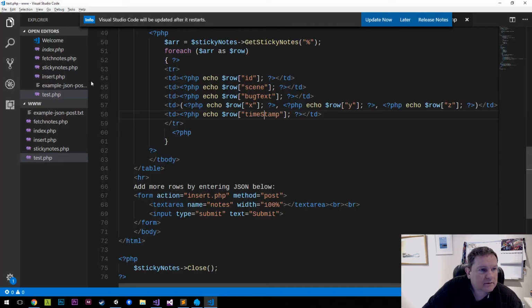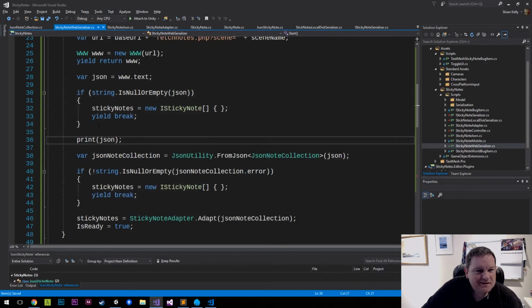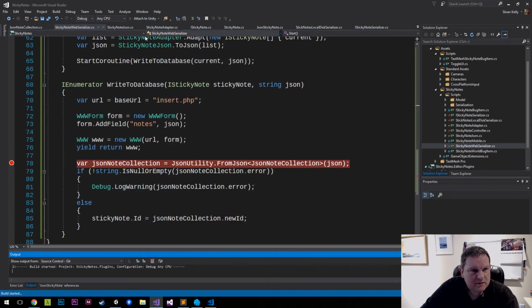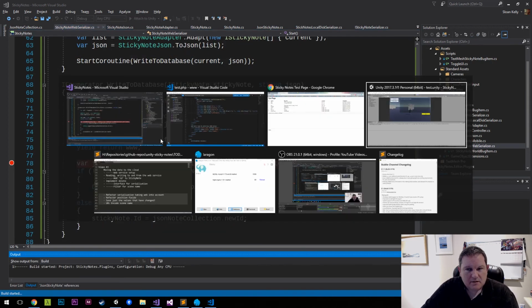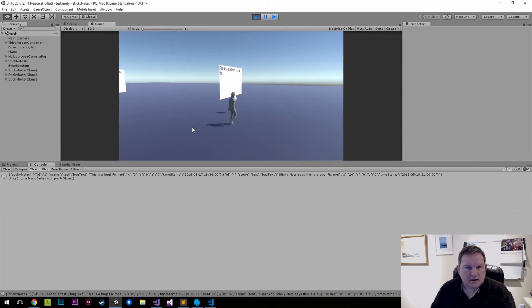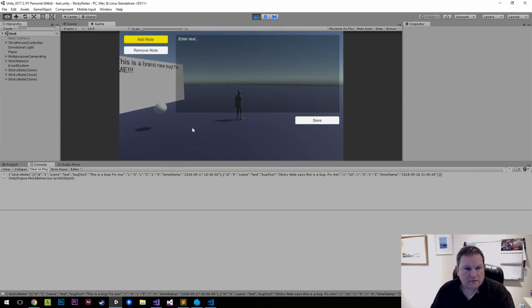That did not work. So let's go into save, click on attach, and come back out of that, and go over to here, add note. This is another test, brand new bug. Click on save,